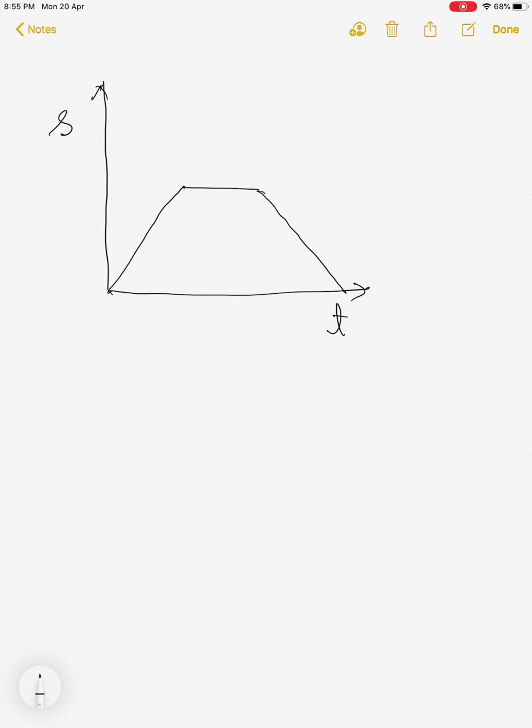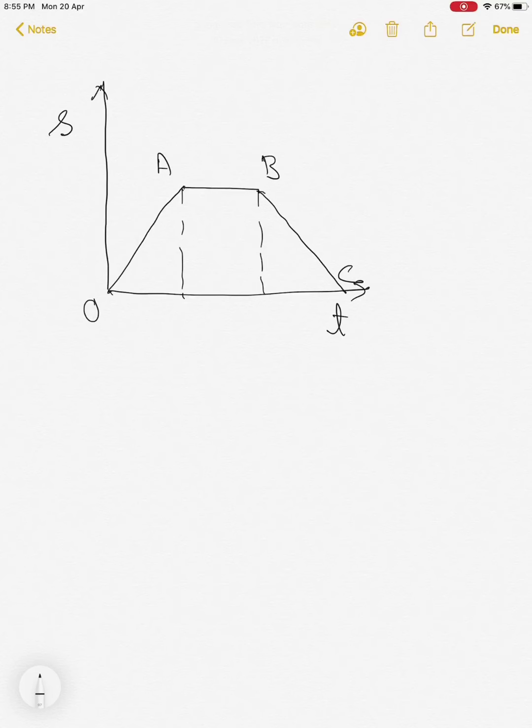If the speed time graph, I am showing one graph, speed is taken as s and time as t, and the graph is in such a way that the different regions are OA, AB and BC. Then in the OA portion it is accelerated motion, in AB uniform speed, and in BC there is a retarded motion.